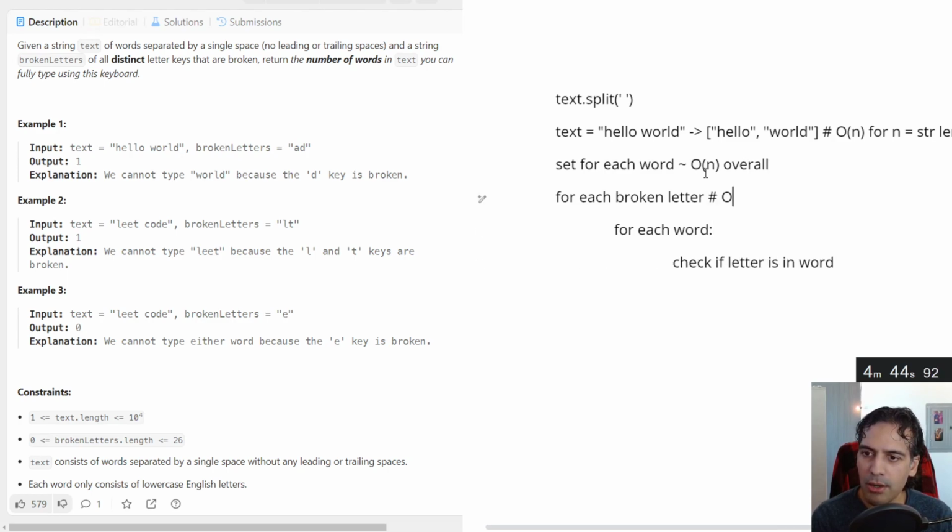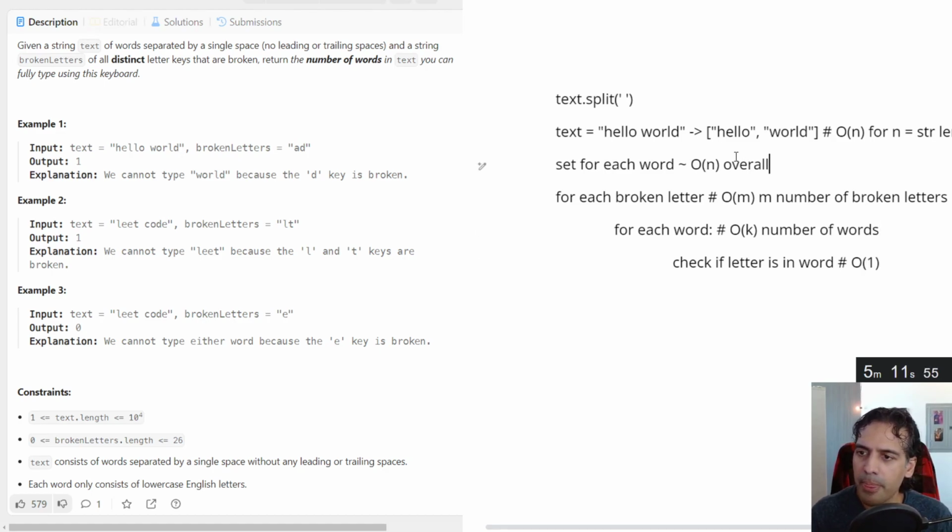So this is going to be O of M, let's call this M, for M is number of broken letters. And then for each word, this is going to be O of K for length of word, number of words. And then check if letter is in word is O of 1.